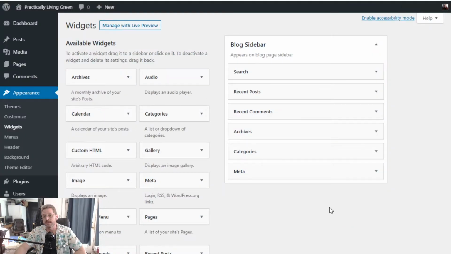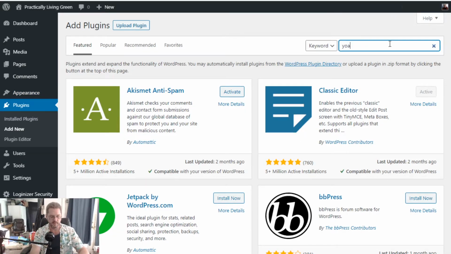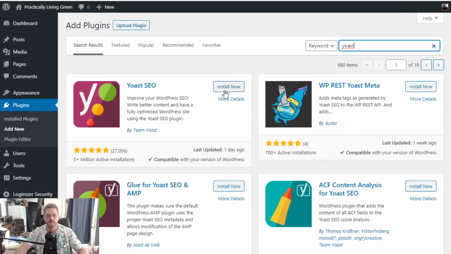So now that we have our theme, let's start installing some essential plugins. Now, depending on the type of blog you're building, you're going to find plugins later on that'll amplify what you can do. Like if you're building a health and fitness website, you can find a plugin that shows recipes or the BMI or anything like that. If you can think of it, somebody probably built a plugin around it. But to start things off with, I love Yoast SEO, so we're going to install that right off the bat. So we're going to go to plugins, add new. Let's install Yoast. So we go to install now